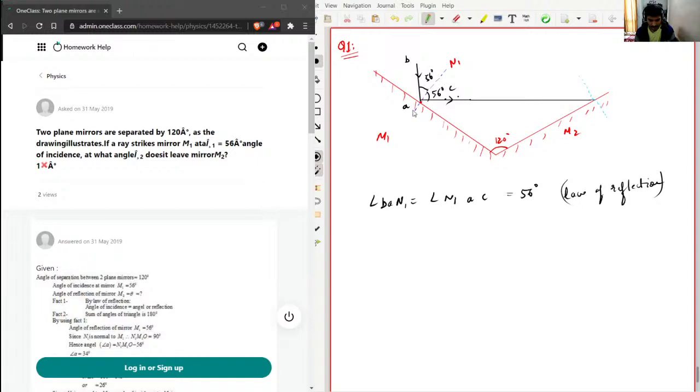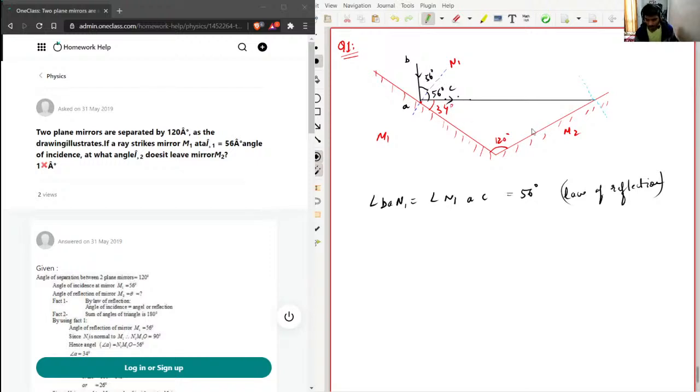Here we can clearly see that this is the normal to this surface. So N1 is the normal to the M1 surface. So this whole angle is going to be 90 degrees, and this angle is 56. So this angle will be 90 minus 56, it will be 34